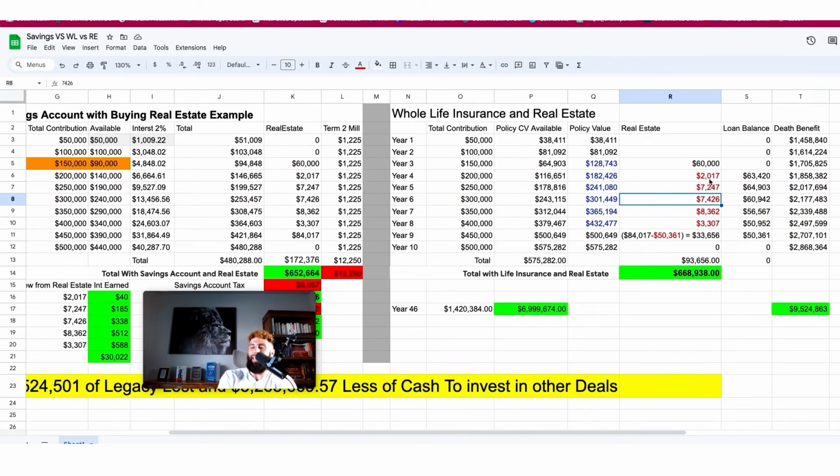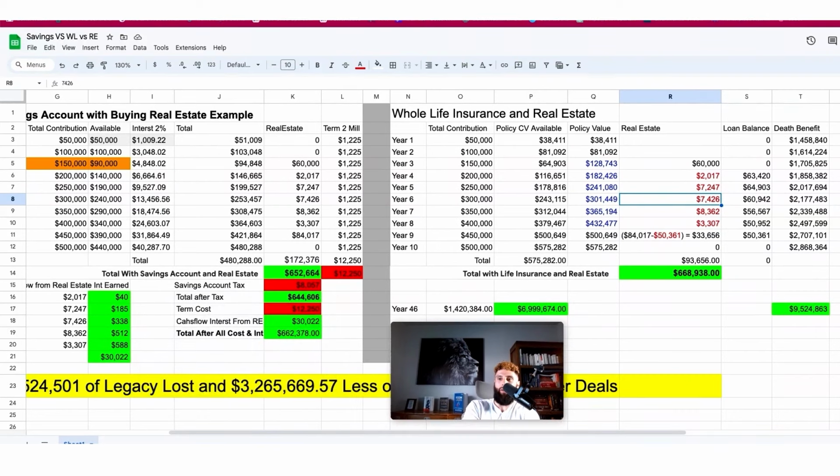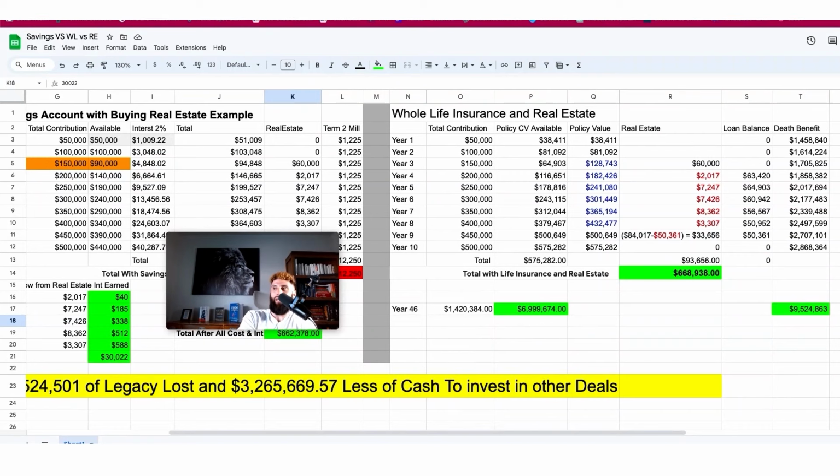Okay, so I didn't take this cash flow and I didn't pocket it in my bank account like I did with this account. You can see, remember over here on this side, we did cash flow interest from real estate, compounded at 2%, gave us $30,022. I did not do that in this scenario. In this scenario, I took the interest that I made from the cash flow and I paid that back to my policy. So when we look at the very first year of cash flow, you see only a 3.36%, which